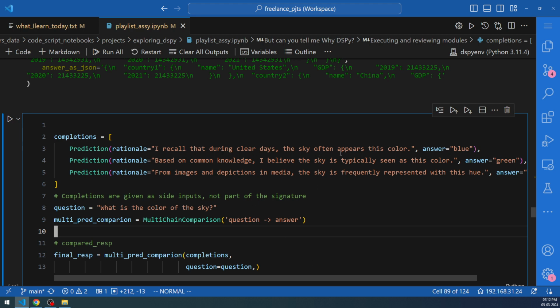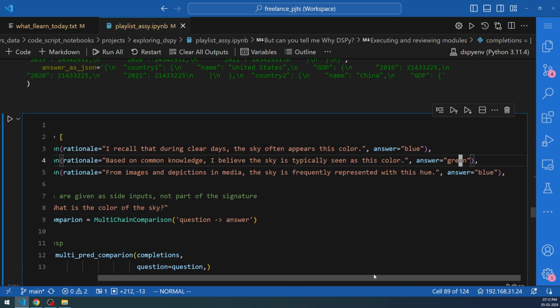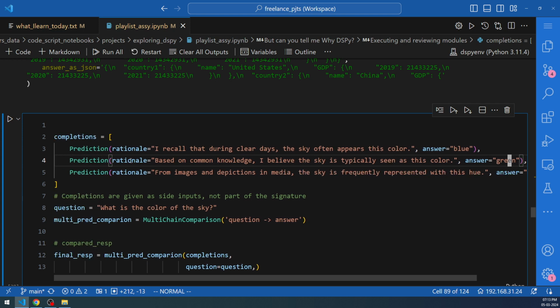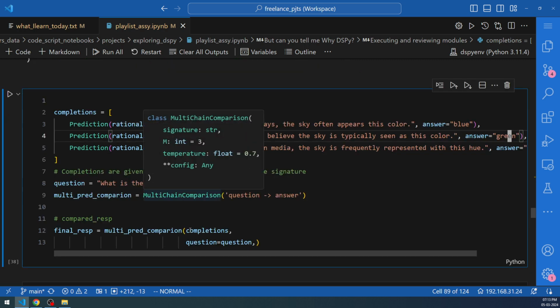So: I recall during the clear days, the sky often appears this color, that is answer blue. Based on common knowledge, I believe the sky is typically seen as this color, green. I mean, what is the typical knowledge? It's wrong anyway, but there is some output that says that the sky can be green also. From images and depiction in media, the sky is frequently represented with this hue, that is blue. So the rationale that you see here may not be logical, it may not be factual, but these things can still be written, correct? So we are going to give these inputs to the multi-chain comparison as completions,